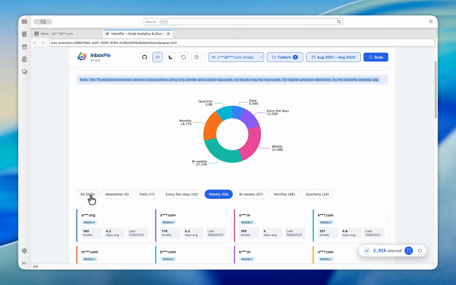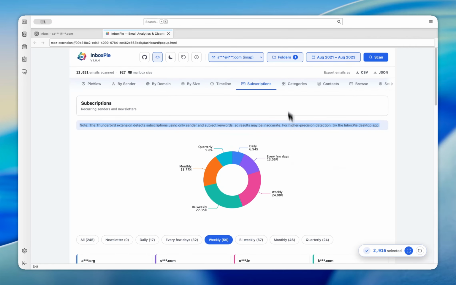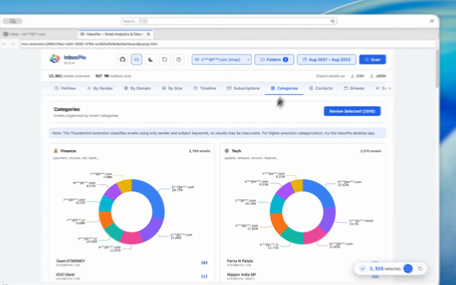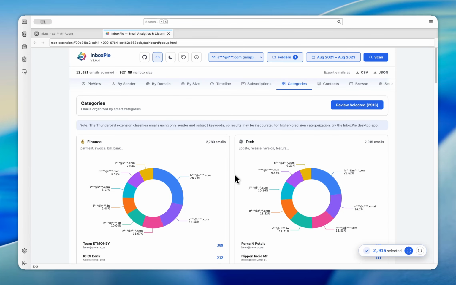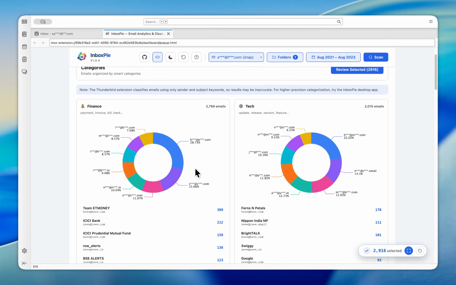And so we are basically trying to do a keyword match and find these based on the time the email has come. So it'll be a little bit inaccurate, but it still works. And categories, so the categorization is a tough game, right? You cannot categorize an email just by a subject, but we are trying our best. So based on the title and the sender details, we are trying to basically see